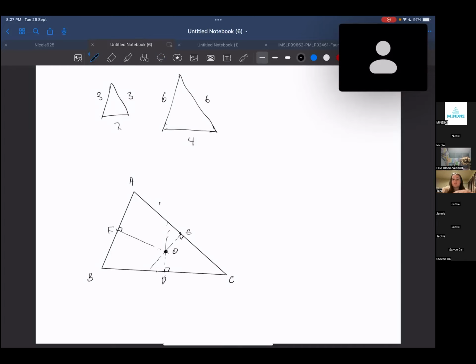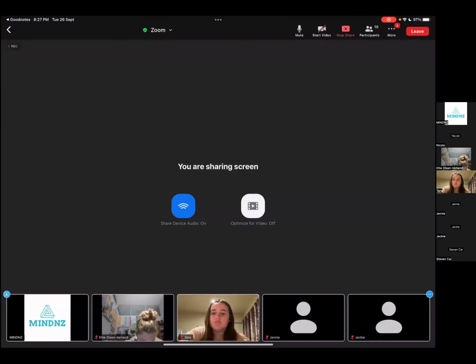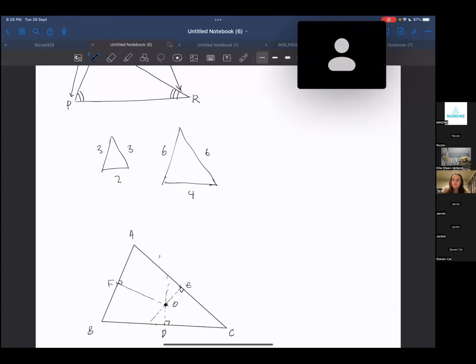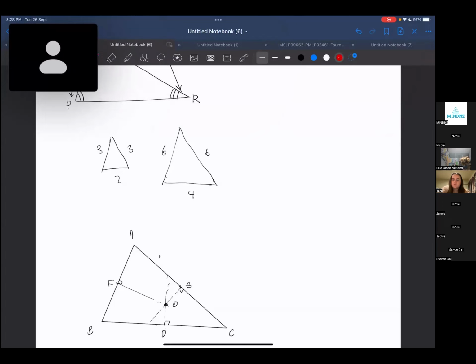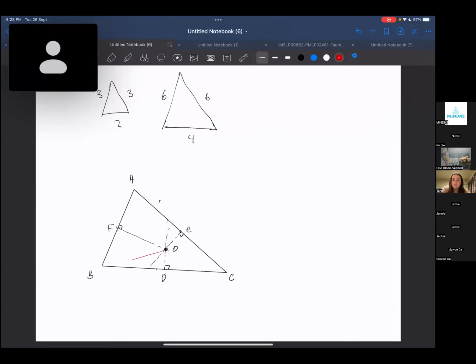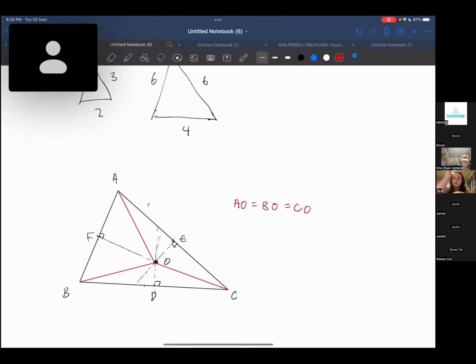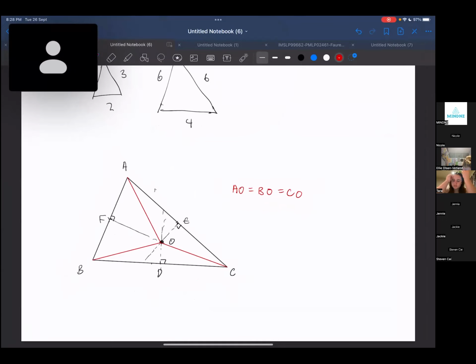I'm not quite sure what the progress is like right now, but I think I will keep on going, and you guys can just look at it to catch up. Okay, so now this is really cool because AO, BO, and CO are actually all going to be the same length. And when lines are the same length, what does that mean? Does anyone know what these lines are? They're radii,